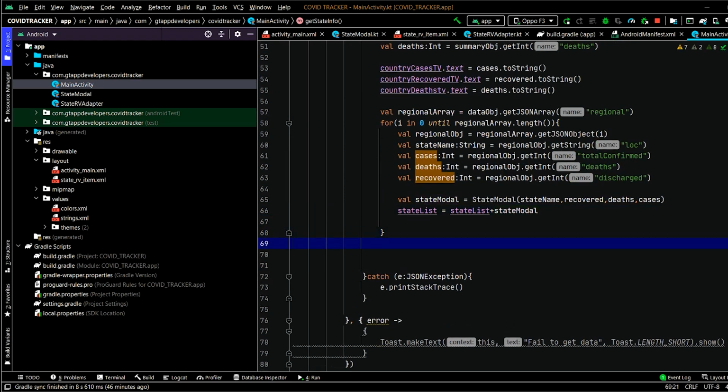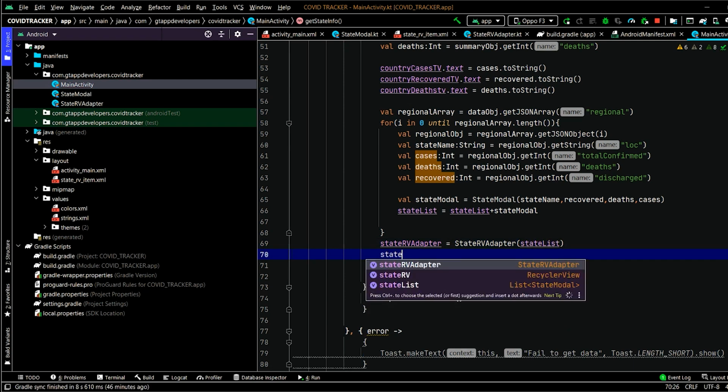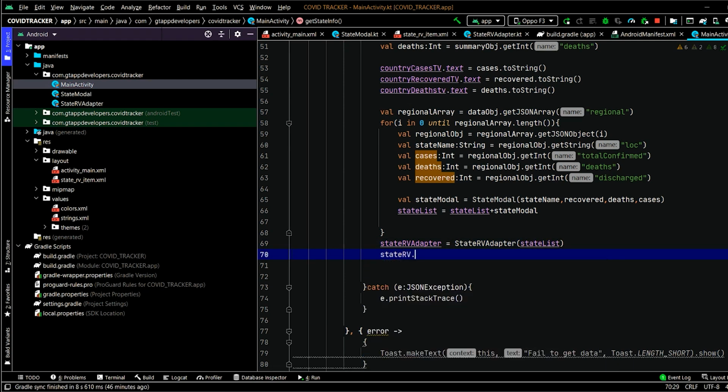Now for setting this data to our recycler view, we have to pass this list to our adapter class. So for that, we will initialize our adapter as state rv adapter, and inside this we will pass our list, that is state list. Now we will set layout manager to our recycler view.